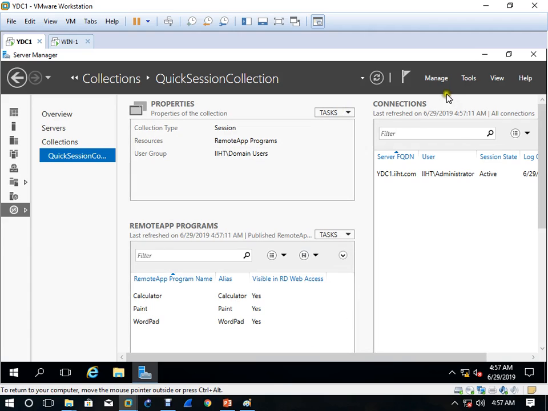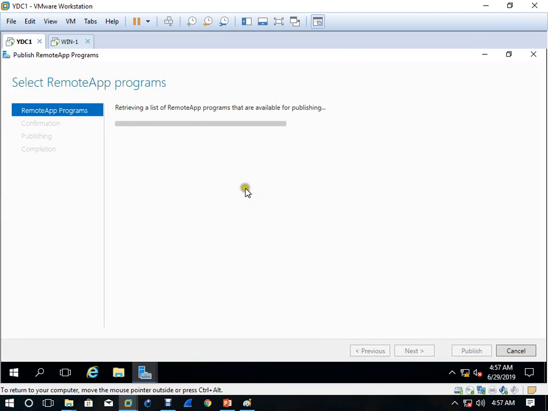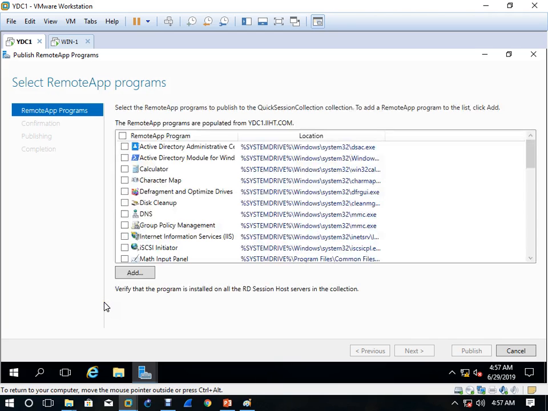So here you have to work on management. Now see, first thing, click on this task, and click on publish remote app programs. Now it is retrieving all programs and applications installed on this server.